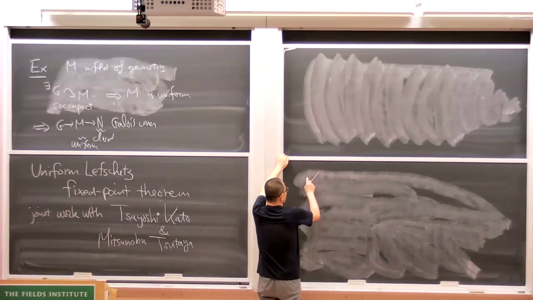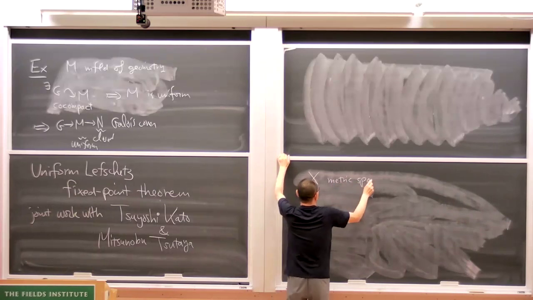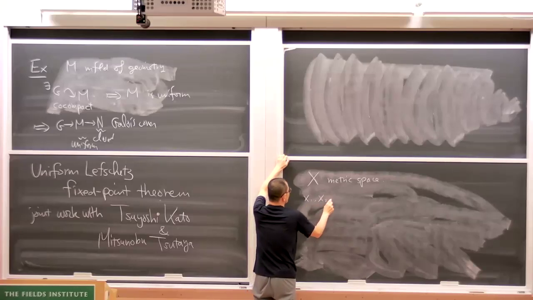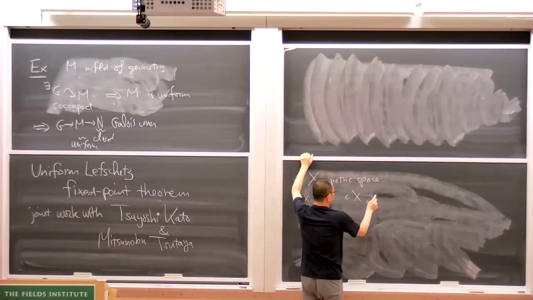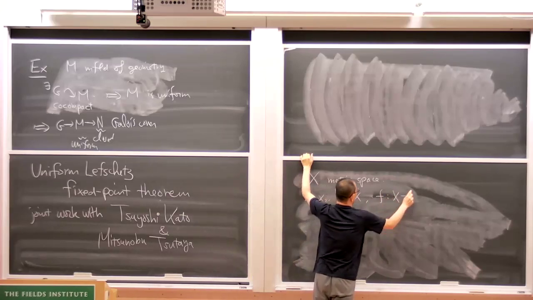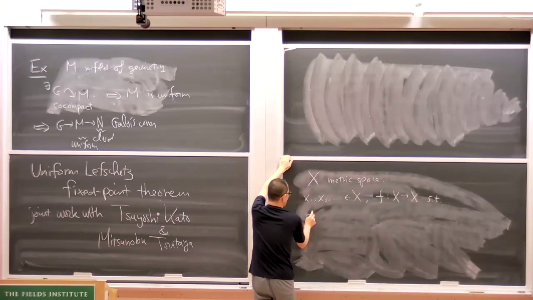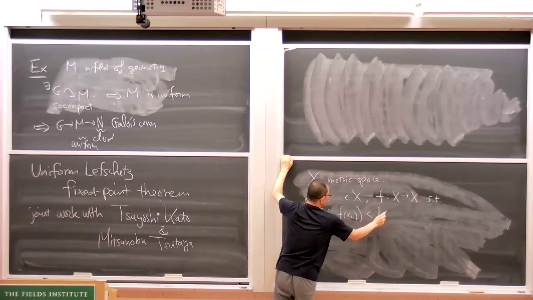Now let X be a metric space, and we consider a sequence of points in X and a self-map of X satisfying this condition: d(x_n, f(x_n)) is, say,